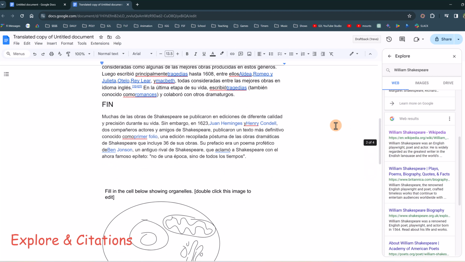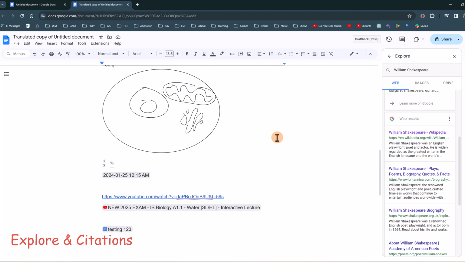So what I can do, because this is the link that I pulled this information from, as I hover over this, you can see that little quotation marks appear, and you can cite as a footnote. So if I have my cursor set right here, which is the end of the information that I pulled from that page, I can go ahead and click the footnote, and you can see that a little number 1 is going to pop up there, which is sending you to the bottom footnote of the document,